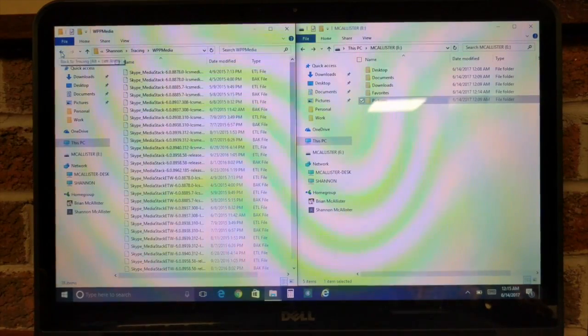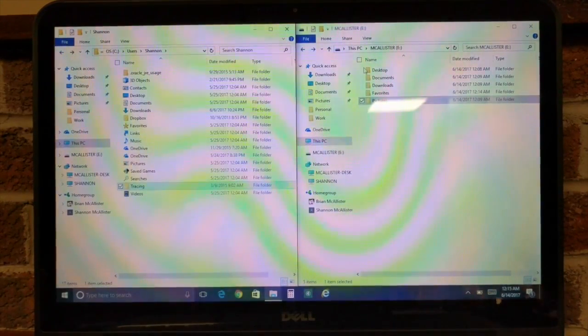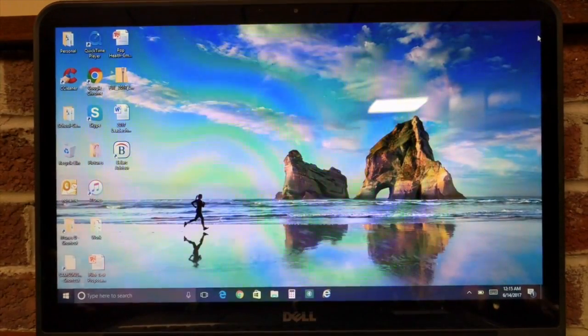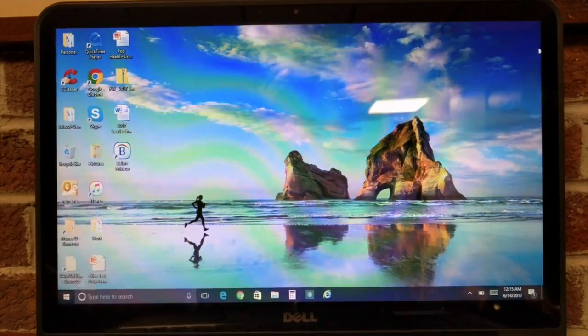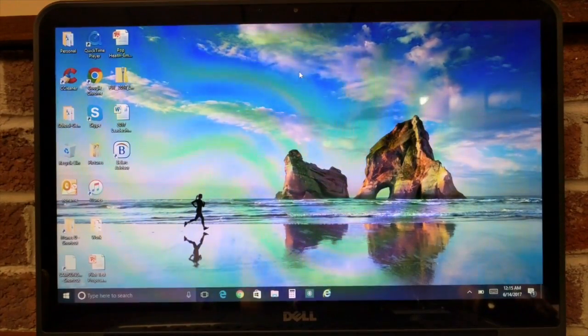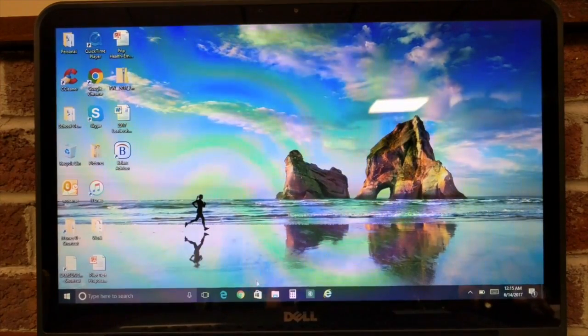And that's Skype stacks, we don't need those. So basically, once that's all copied over, we can remove that, keep that safe. That way we can reinstall it. The next step you want to do is, if you're reinstalling Windows 10,